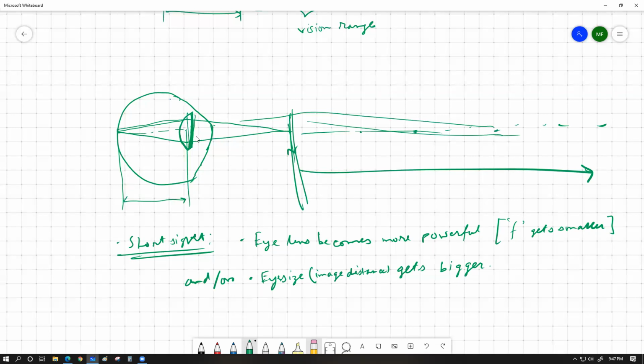Let's say this is a healthy eye. I'm going to use this figure to explain short-sightedness, and then for long-sightedness, I'm going to draw another figure. Try to understand. All the green lines that you can see are the actual light rays for a healthy eye. So even if an object is over here, the light rays are going to be focused on the back of the eye, and also if we have light rays coming from a really far away object, let's say from infinite distance,